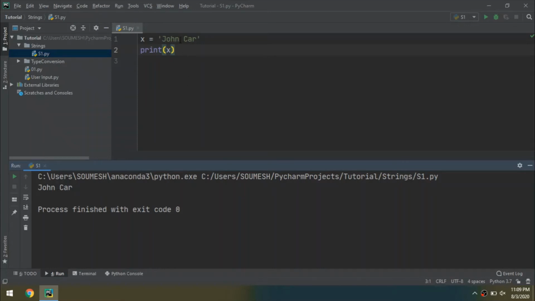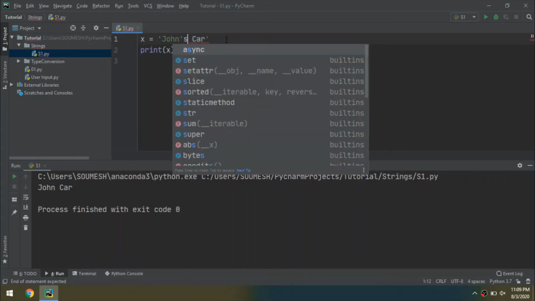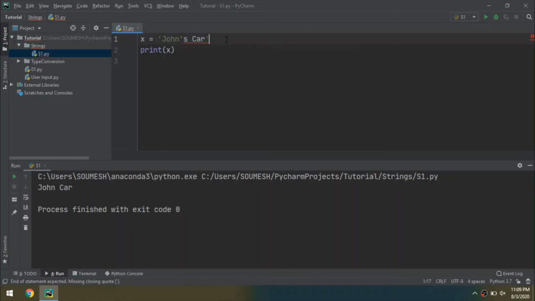So I will just go over here and put an apostrophe and write s. Now it sounds good, but wait, there's an error over here, like there's an underline in red line. It's saying that end of statement expected. Okay, so now what happened over here, like we declared a string as John car which was inside single quote,